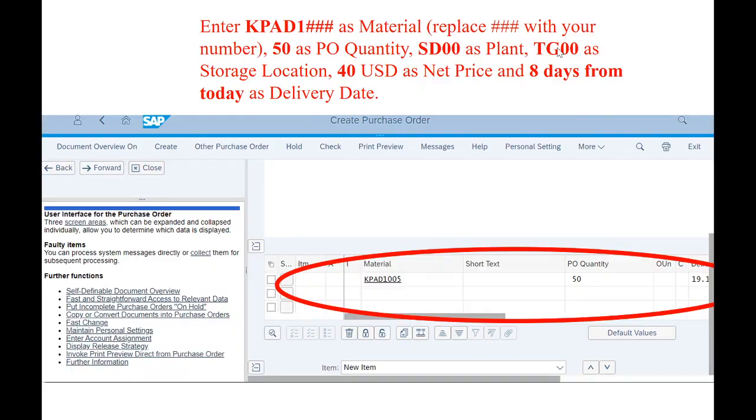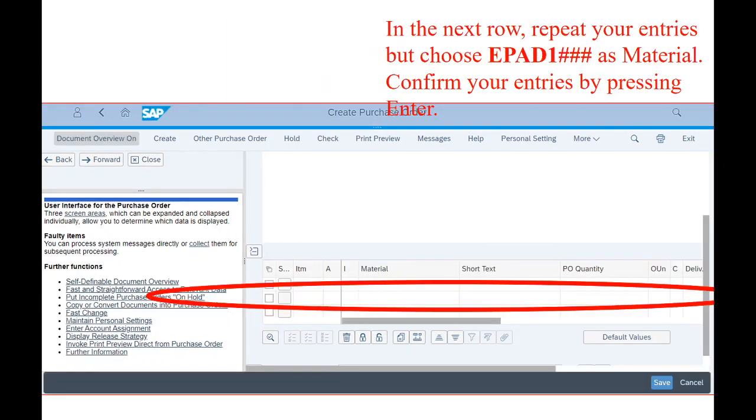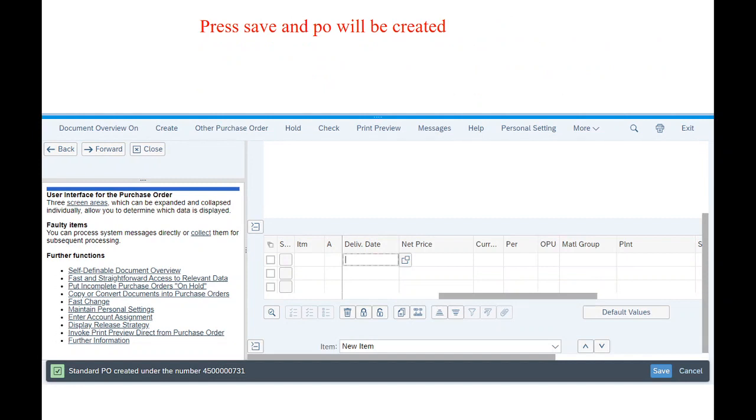Okay, now we have done this. We have entered the material code KPAD 1005. We have entered the quantity. We have entered the price. We have entered the plant and the storage location. And now we will press the save button to create a purchase order.